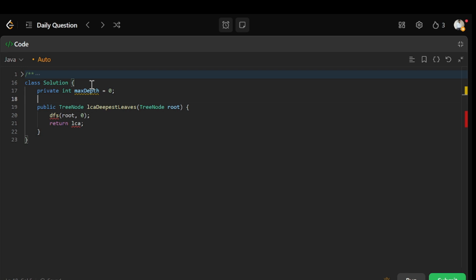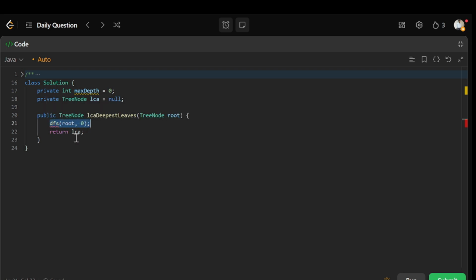From where we can find it, right? And then we will have the LCA. So we'll create a private one, this will also be a TreeNode, right? And then we'll say LCA, and we'll start by initializing it to null, right? So we have defined LCA and maxDepth. Now the only part left is DFS, right? Let's create the method. So I'll write private. You can write anything, you can return int and those, right? I'll write int, or you can also write void, and you can improve it, right? I will write DFS like this,